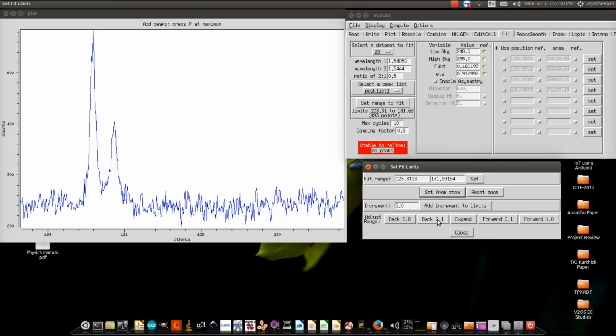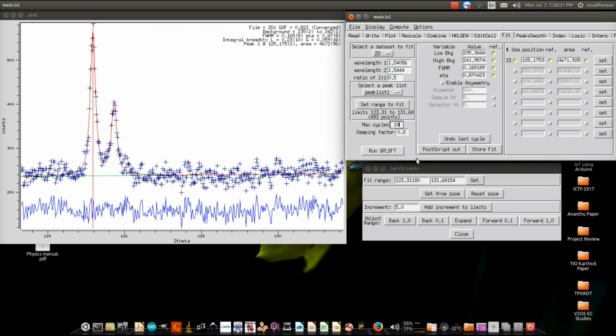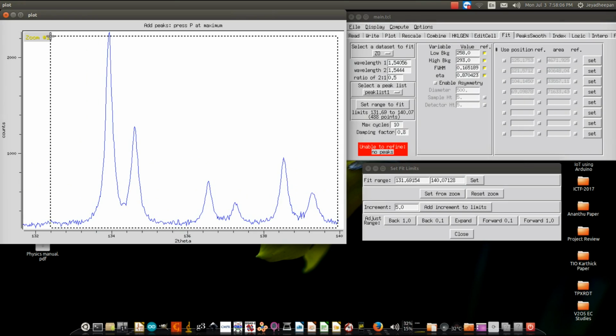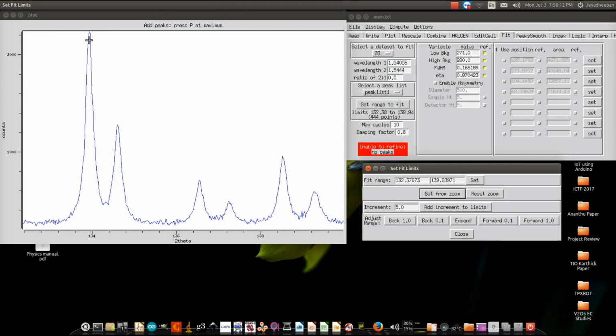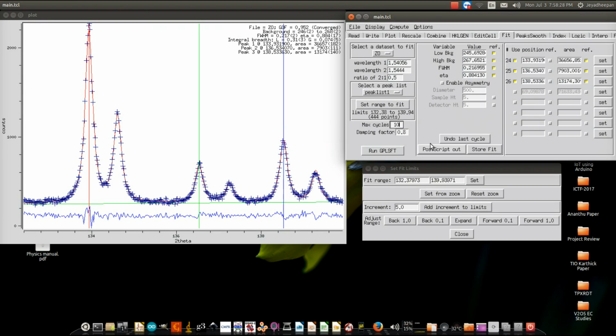Now I have 2 peaks. Press set from zoom. Now you will be getting the information no peaks. So put your cursor here, peak and peak. If you add the peak, you can get that general purpose least square fitting here. So first area, then position, then next. So here at this range I have only one peak, so set from zoom, peak,